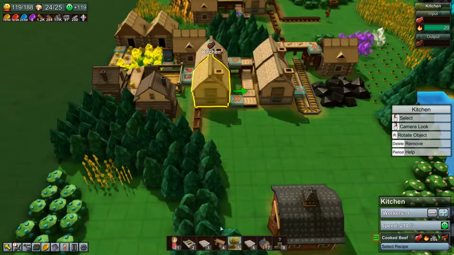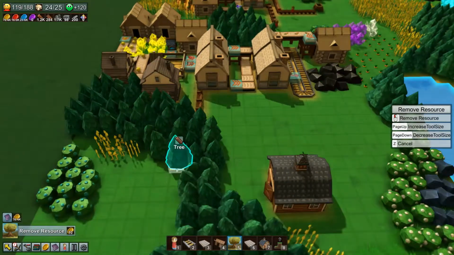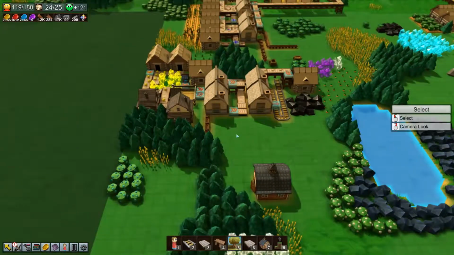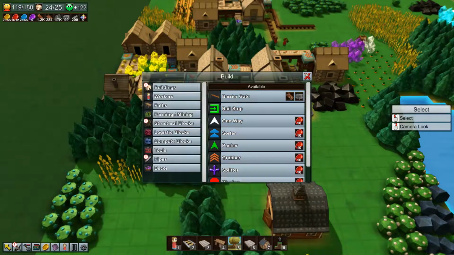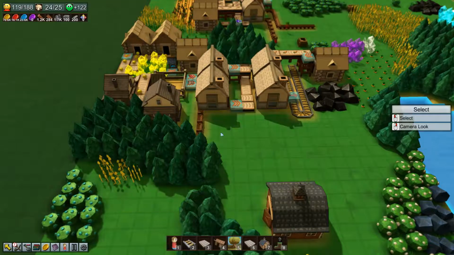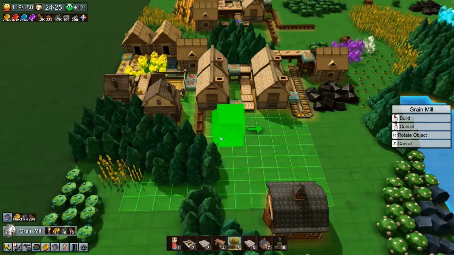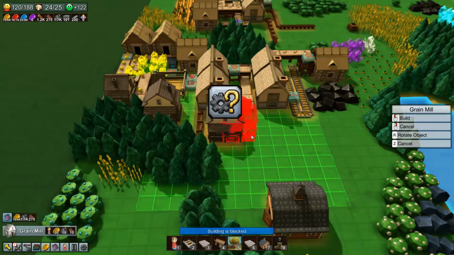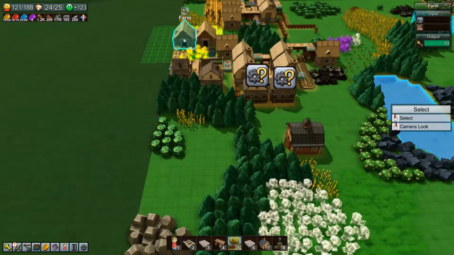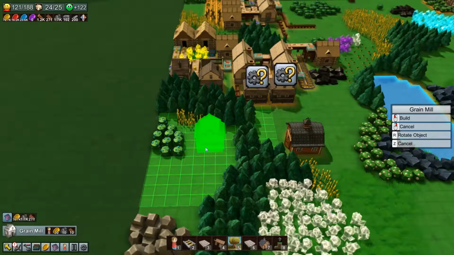So what we're gonna do is clear some resources for at least a conveyor belt path. Do maybe a couple grain mills here. So let's just take the grain mill, copy it. And we said we need 2. So we're gonna need 2. One, two. And then we could have the farms kind of here in the back, I think. And we'll have like a combined...